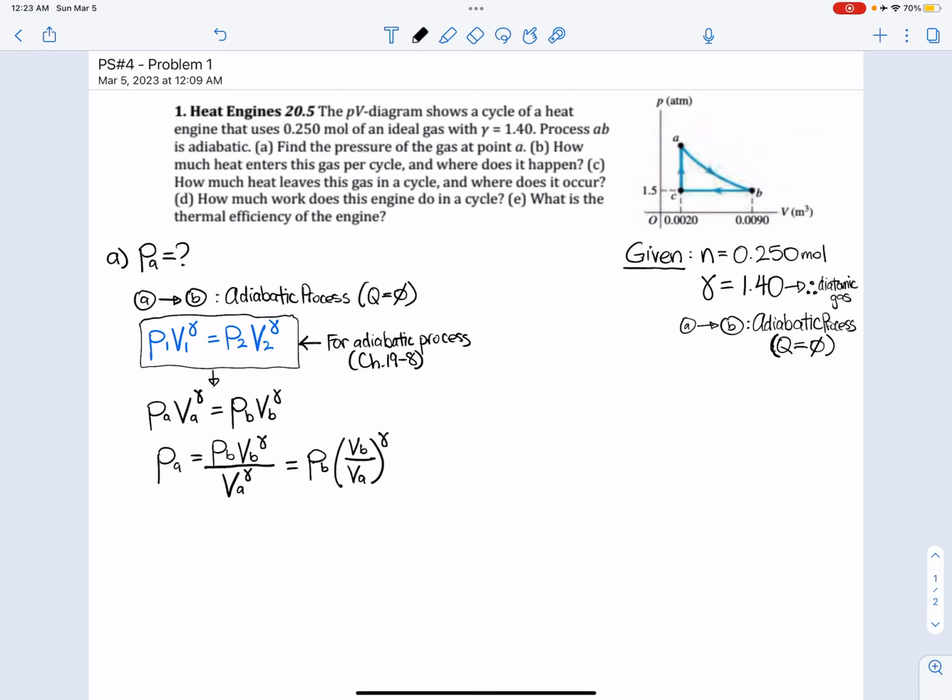I could rewrite this as the pressure at B multiplied by the volume at B divided by the volume at A, all to the power of gamma. And that would be equal to the pressure at B, which according to the PV diagram is 1.5